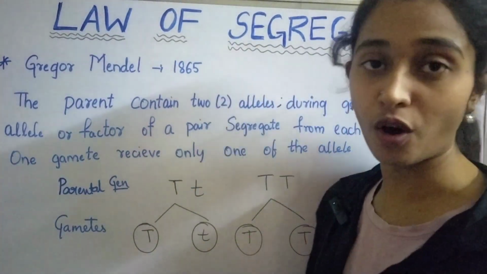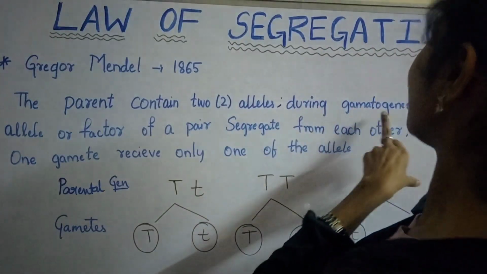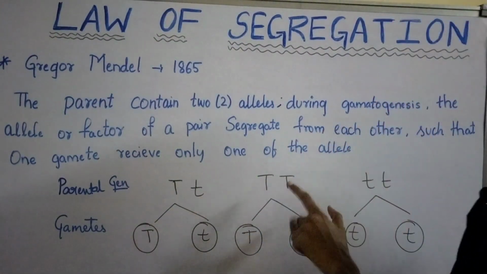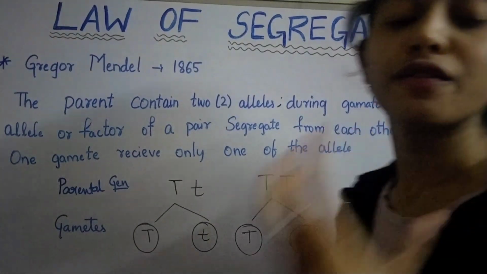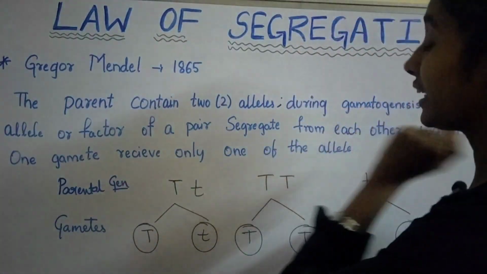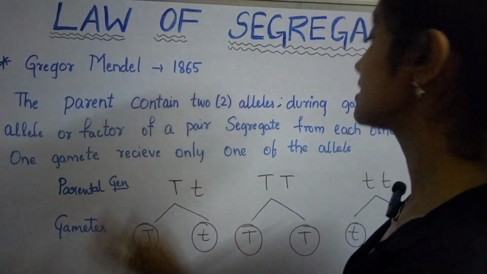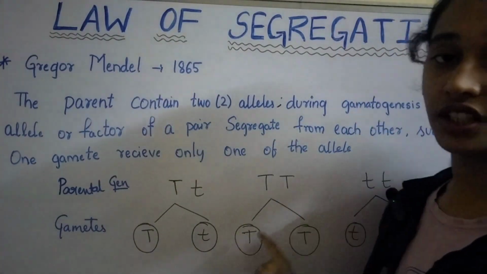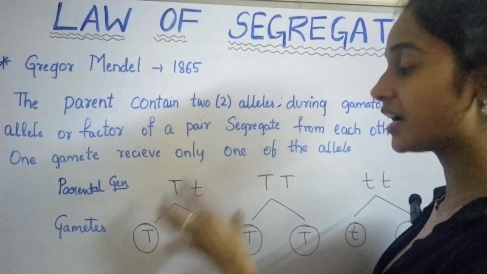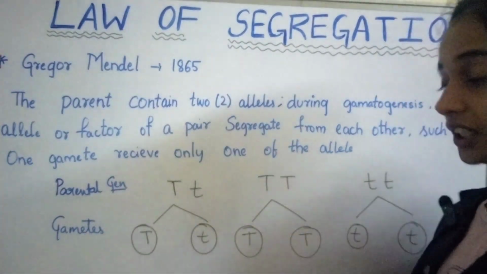But when the gamete is forming, during gametogenesis, what is gametogenesis? Gameto means gamete, genesis means formation. Formation of gametes is called gametogenesis. So during gametogenesis, what happens? The pairs segregate from each other, they are going to separate or distribute from each other